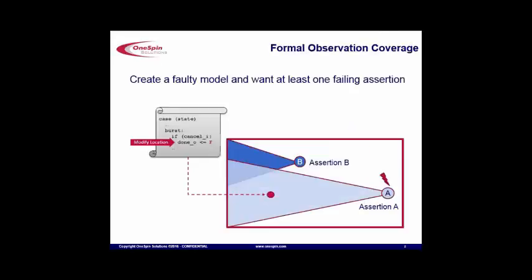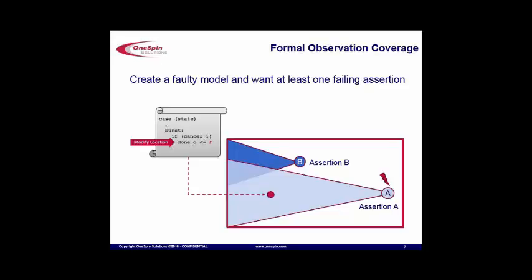Now let's look at the assertions. How would we measure the quality of an assertion? Assertions typically have what we see here, a cone of influence. This cone of influence can be determined pretty easily by walking down from the inputs of the assertions hierarchically through the design.